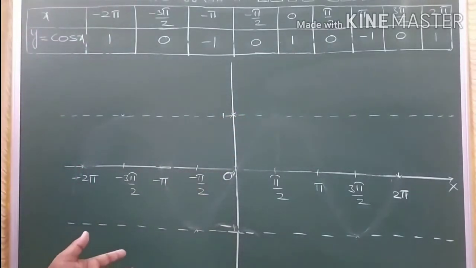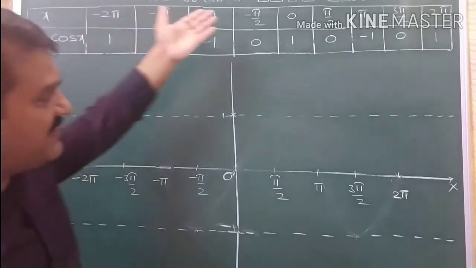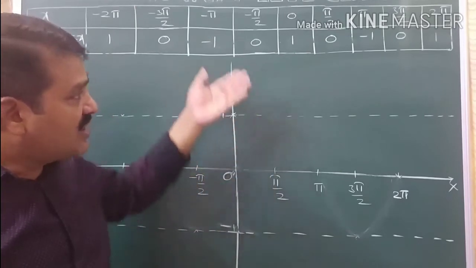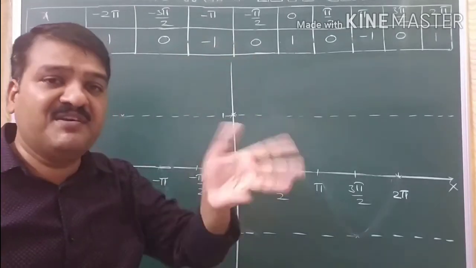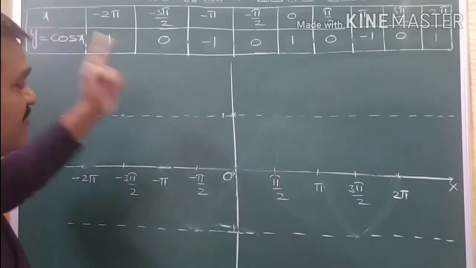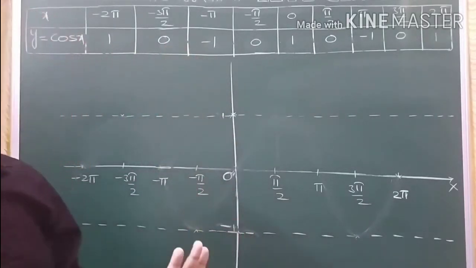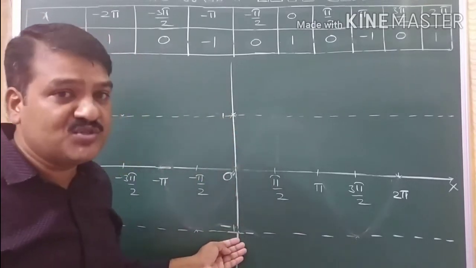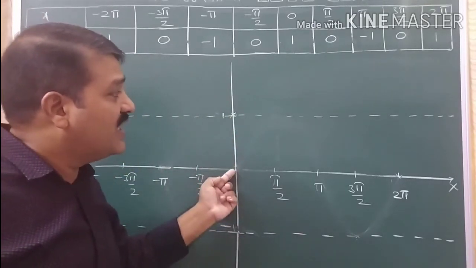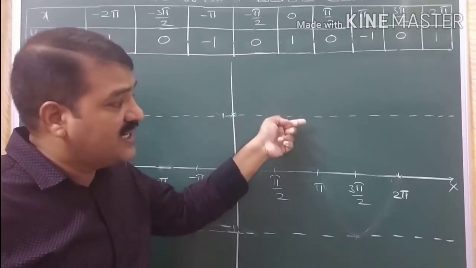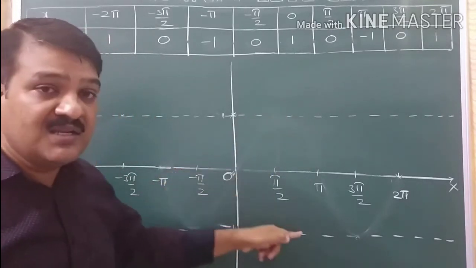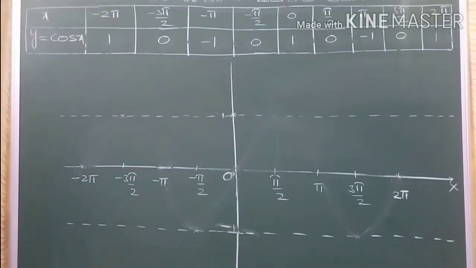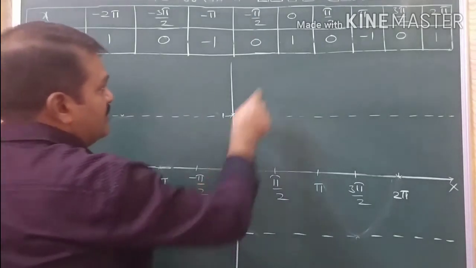So here you have to observe that cos x values will be between -1 to 1 only. So you can keep the dotted lines as it is, because cos x always fluctuates between -1 to 1. Cos x cannot be more than 1, cos x cannot be less than -1. So keep the dotted lines as it is. Why we are keeping the dotted lines? To make sure that the graph does not exceed or does not go beyond this line. The graph does not come below this dotted line here, you have to see. Okay. So for x is equal to 0, y is equal to 1.